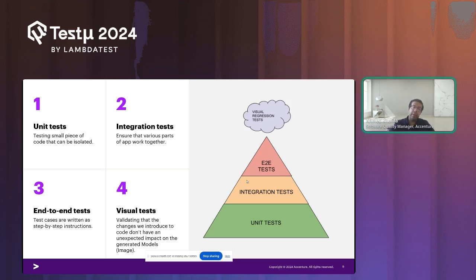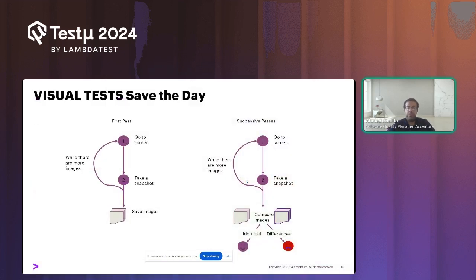Starting from this, we thought, okay, visual testing could save our day. What we are going to do is take screenshots of the output image, like the cars you have seen, and store them. These will be our reference images. Then when the application changes and we have a new version, we will take another screenshot and compare both.